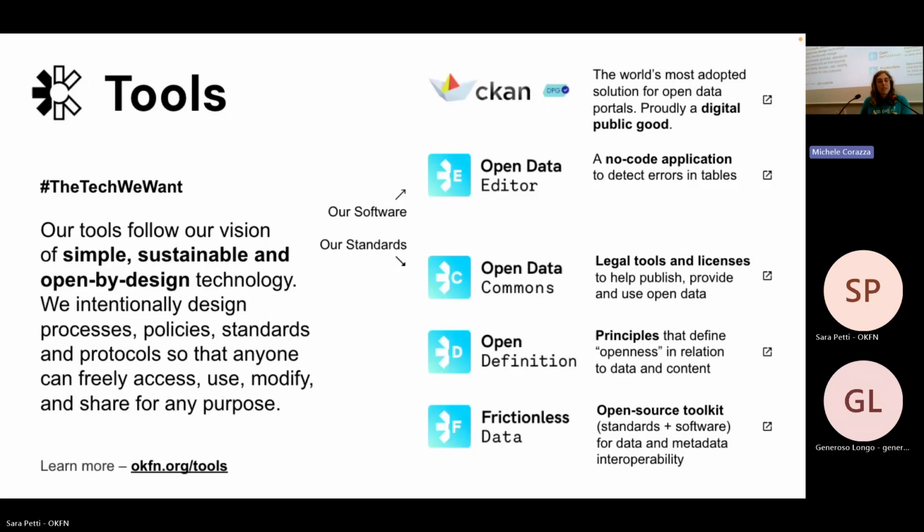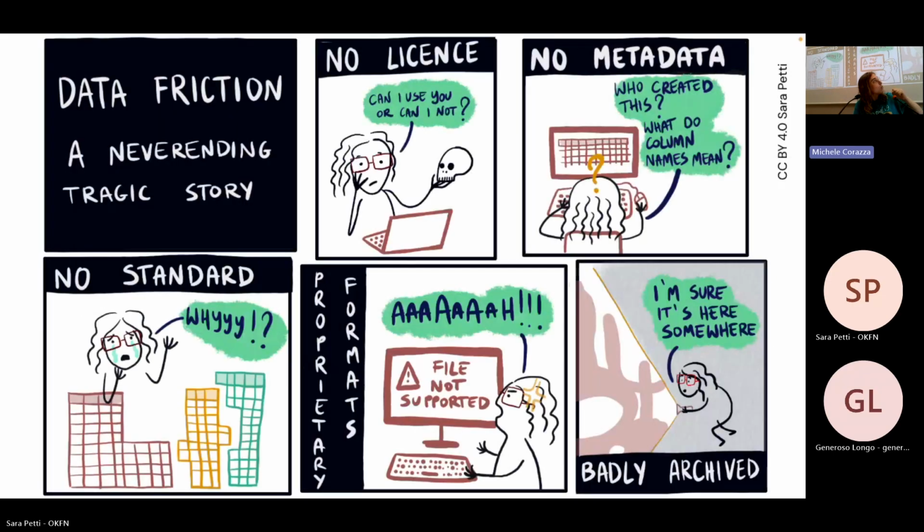So we've been developing these things for almost 2 decades now, and all of those come out of interactions basically with open data communities, with issues around data publication and data transportation and all of that. So we can maybe safely say that we are kind of like experts when it comes to data friction. And I tried to summarize a little bit what those data friction could look like.